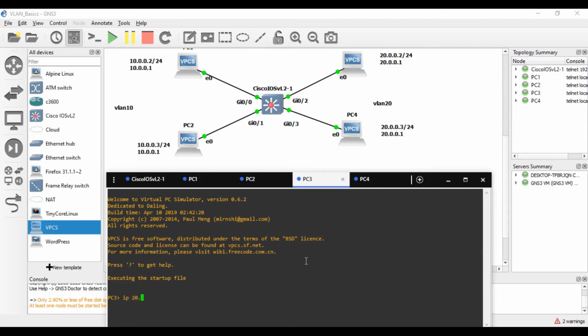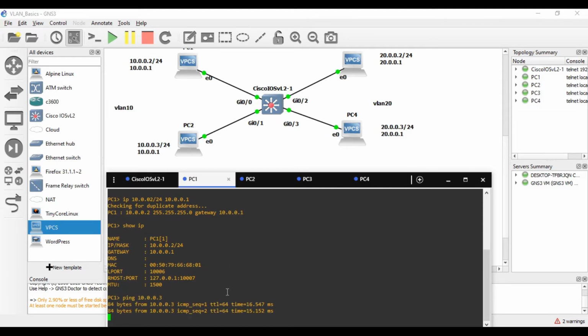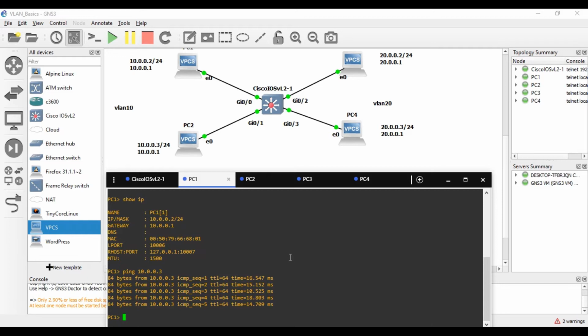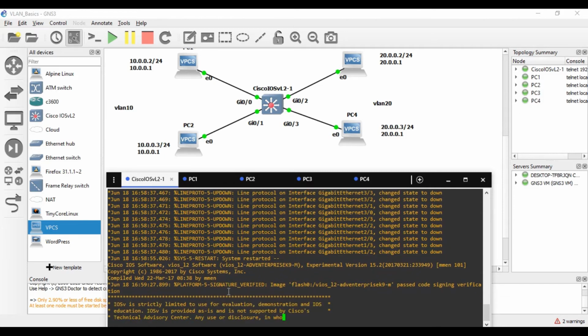IP 10.0.0.2/24, and the default gateway is 10.0.0.1. And also PC4 here as IP 10.0.0.3/24, 20.0.0.1 and seems okay. Now let me ping 10.0.0.3. It is pinging correctly. So what I'm going to do is I will now add these four PCs into two